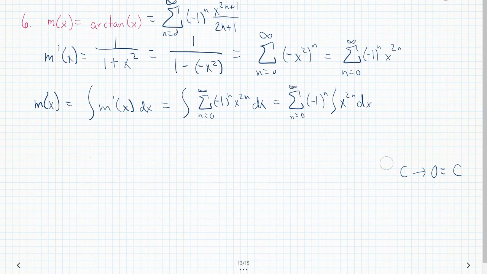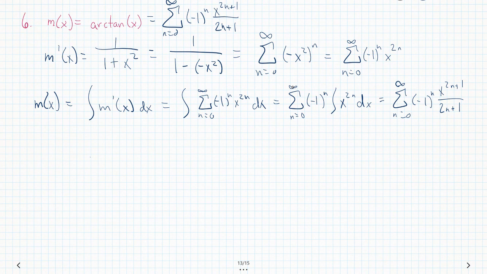I'll just write on this line up above what we had. So this equals a summation n equals 0 to infinity, negative 1 to the n, x to the 2n plus 1 all over 2n plus 1. Okay, so now where do we go from here? Well, we can use the ratio test once again. No, not ration test, ratio test,